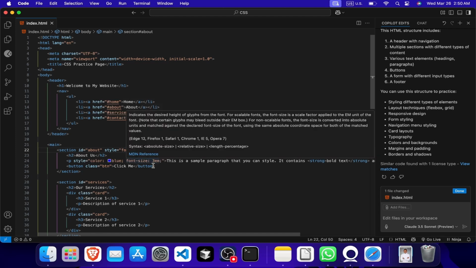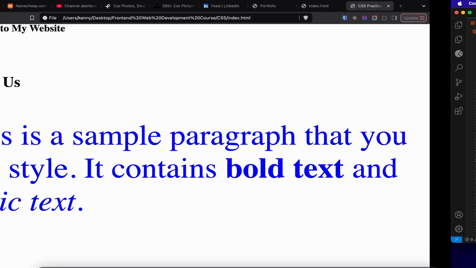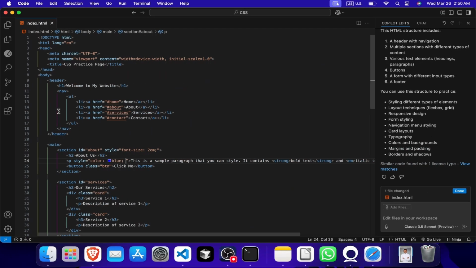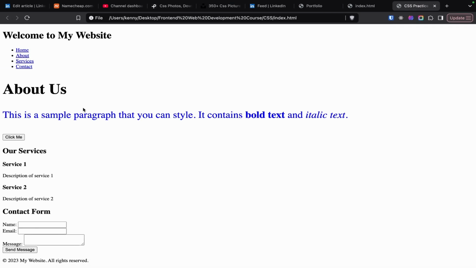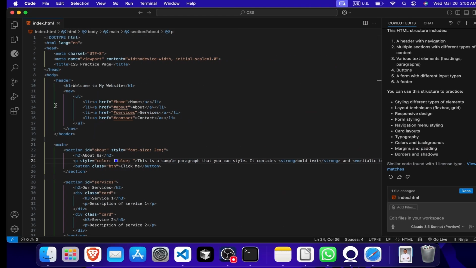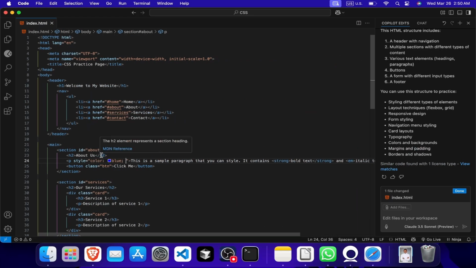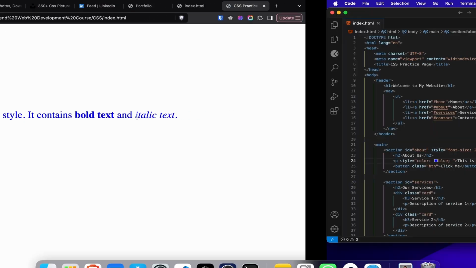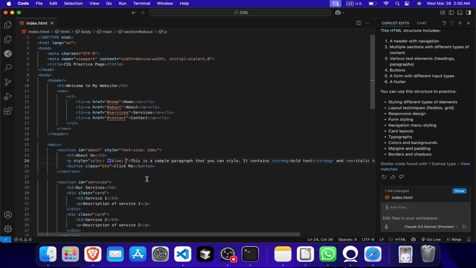If I clear out these styles now, you will see that it will take the same as this. Okay, it's not taking the same as this because this one too already has a style. It's a heading already. But this is 2em as of now. If I now decide to add a font size of 2em again,